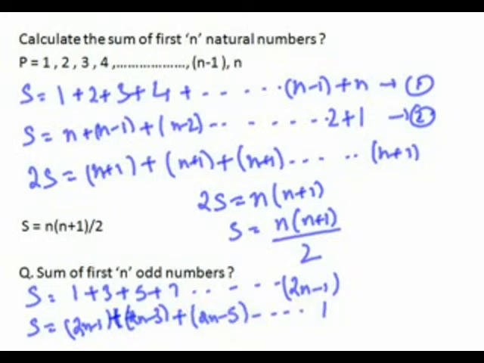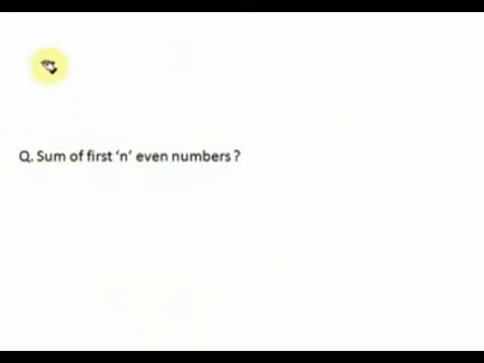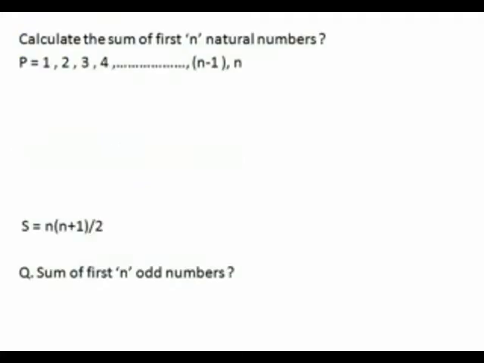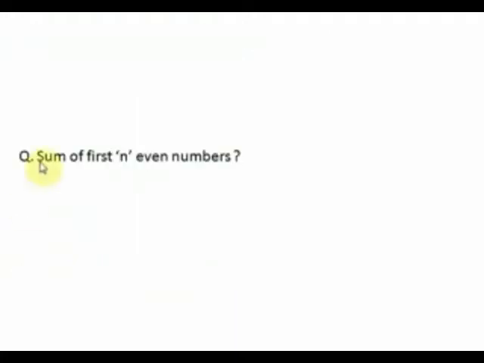If we add both these equations, we'll get 2S is equal to 2n minus 1 plus 1, that is equal to 2n, plus 2n plus 2n up till 2n,